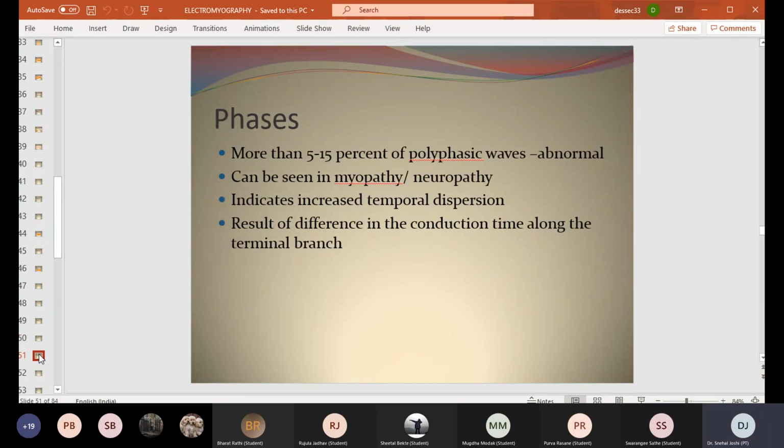Now phases. More than 5 to 15% of polyphasic. We have said that 4 phases are normal. More than that are called polyphasic. And even if they are polyphasic, if they are in less than 15%, they are going to be considered to be